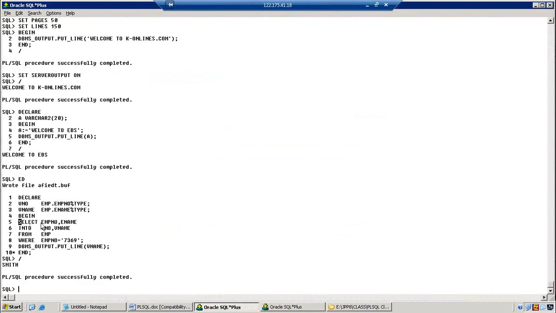The system retrieves the employee number and employee name and keeps them in the variable, where employee number equal to 7369. But each and every time I don't want to execute this program. I want to pass the parameter. As per our parameter, the system is going to return the employee name. So for that purpose, how can we do that? Here,